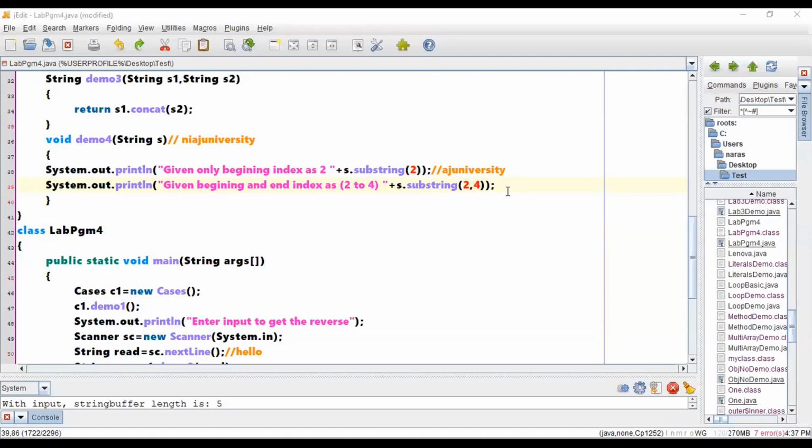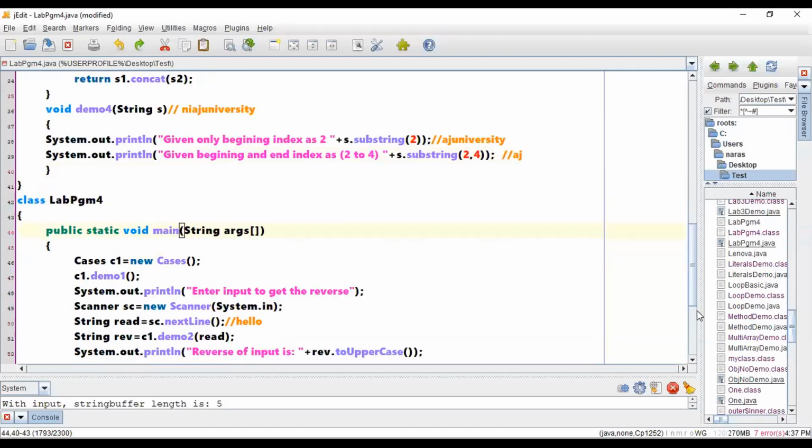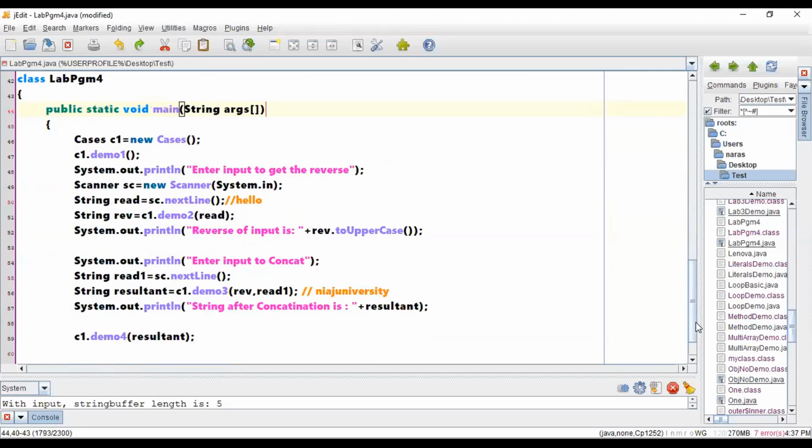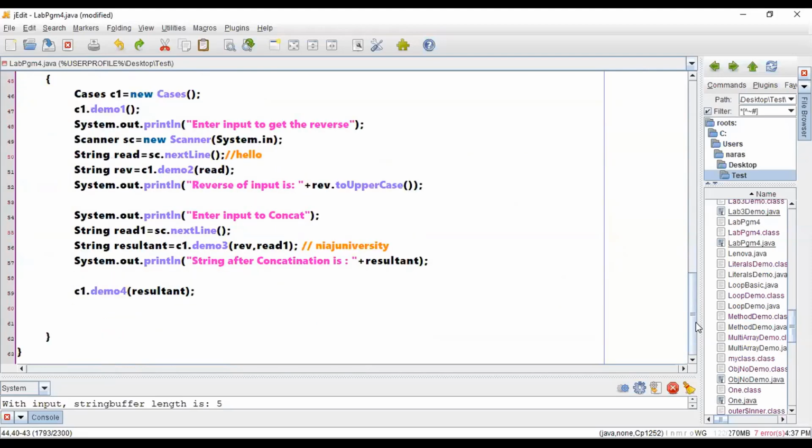So when it is till 4, you will have A and J. Shall we cross check whether everything is working fine or not?